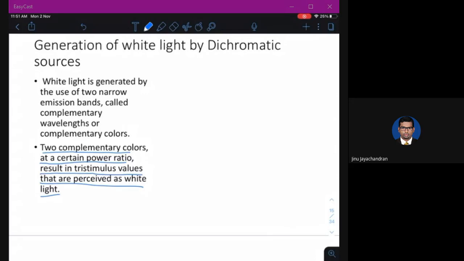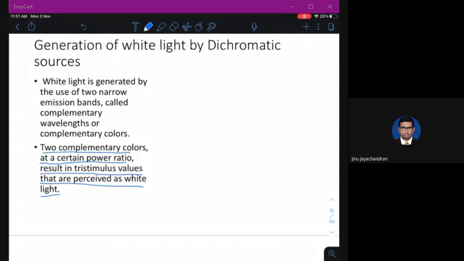Even if you mix the colors in a power ratio of 50%, it might not produce white light. Sometimes you might need to mix the colors in 60% and 40% power ratio, or 30% and 70% power ratio, and then it will produce the tri-stimulus values which you will perceive as white light.